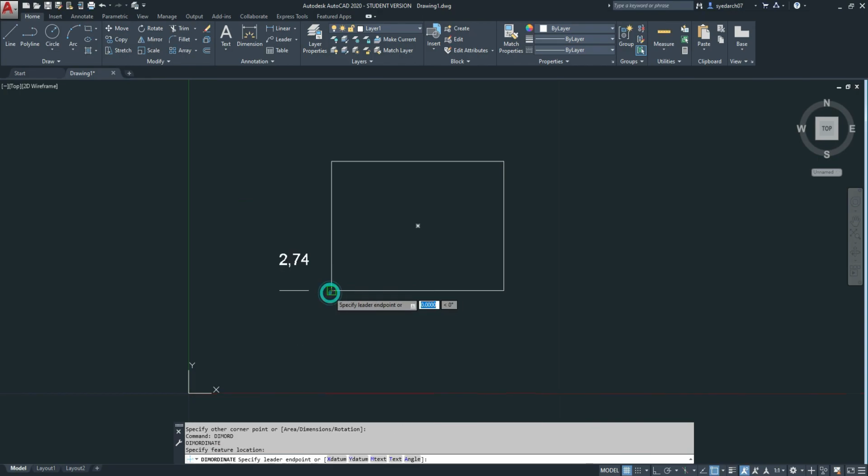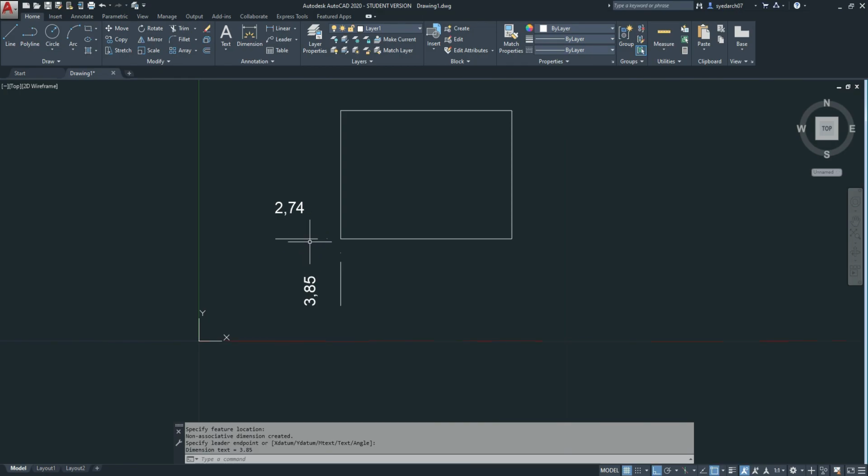Now select a point anywhere on this rectangle, and now if you move your cursor parallel to Y line you will get the distance of this point from the Y line, and if you move your cursor parallel to X line you will get the distance of this point from the X line. So let us do both. Now don't confuse yourself. The line that is parallel to X line will give the distance of this point from the X line, and the line that is parallel to Y line will give the distance of this point from Y line.